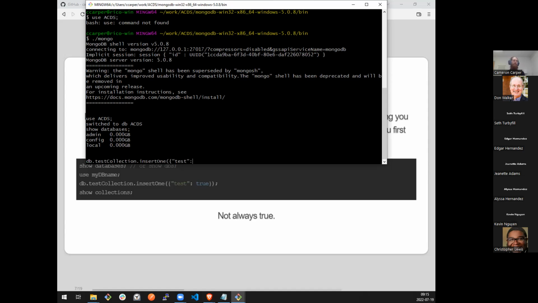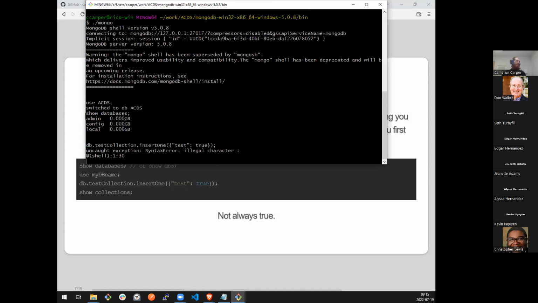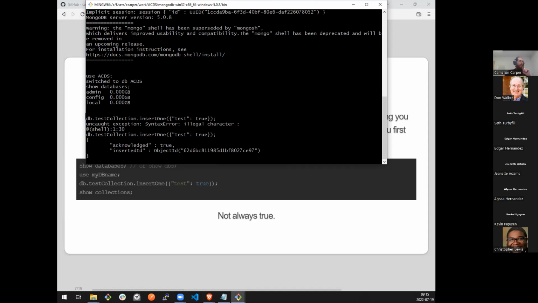And I'm just going to give it some JSON where I have a field name test and a value that's a Boolean true. And I mentioned that it's difficult to work on the command line. It wasn't looking quite right, and I hit backspace, and apparently I didn't do it quite right. So let's try this again. Okay, yeah, so when I had started manipulating my command, apparently something didn't display correctly because I just copied and pasted it again and it was fine.